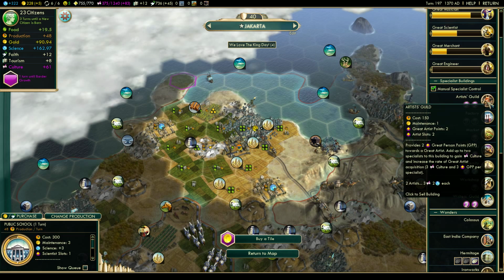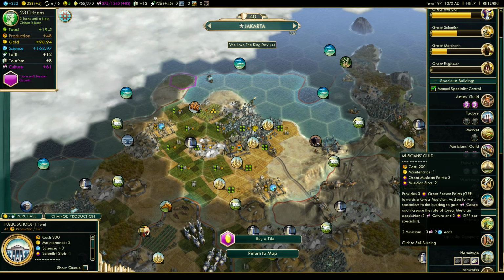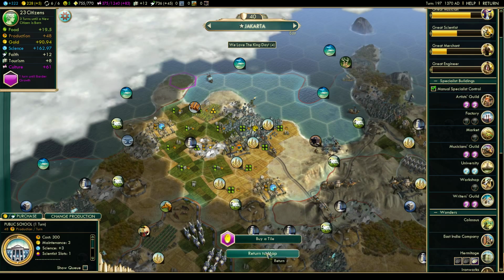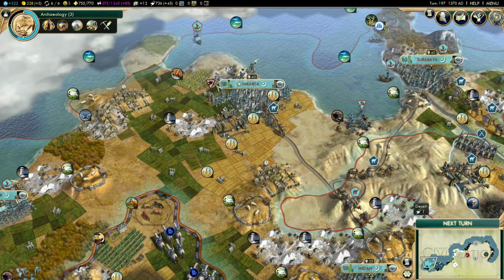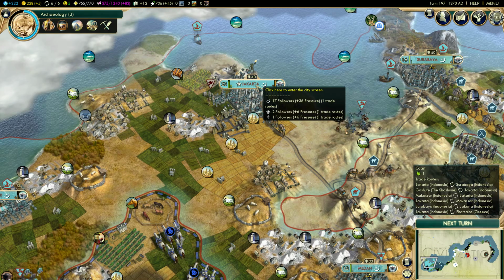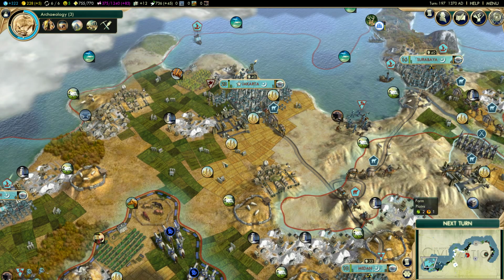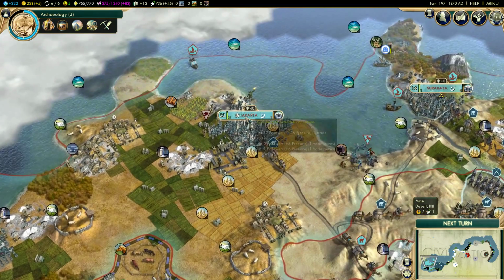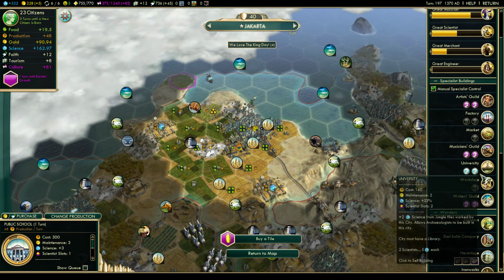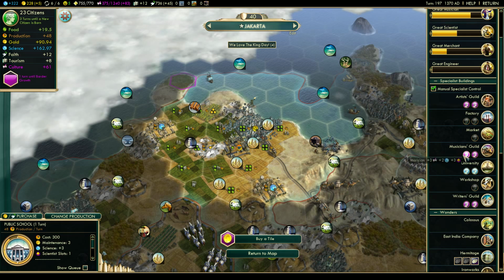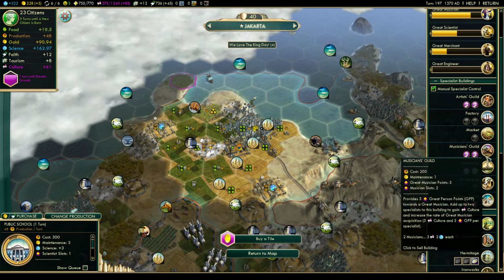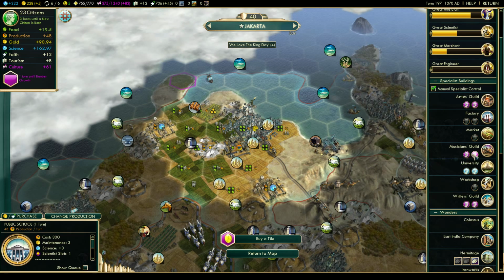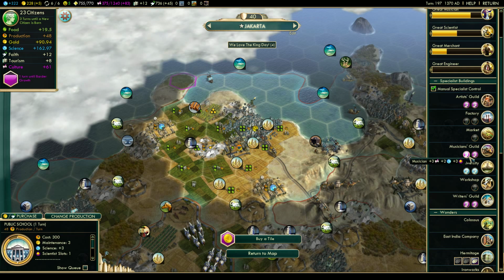You want to build your guilds as soon as possible. I always build my guilds in one city, and there is a good reason for that. I feed that city with food so that I can slot them all, as you can see here. You want them slotted as soon as possible without sacrificing growth. And the advantage to this is that this city generates a lot of culture. As you can see, it's 3 per slot.